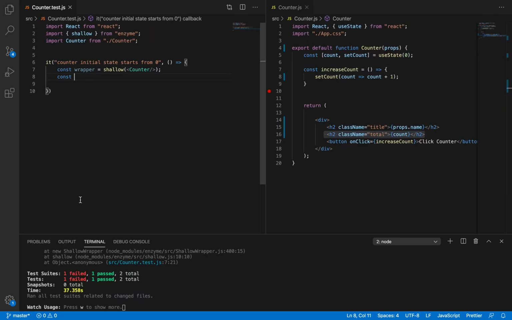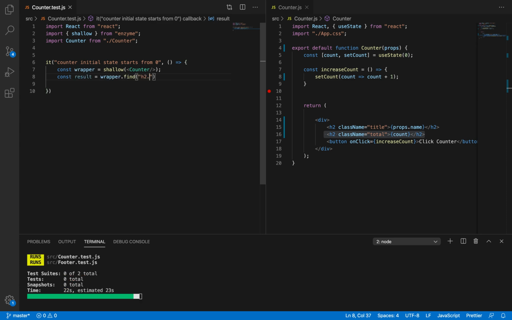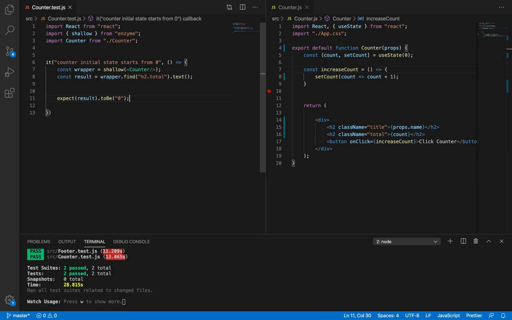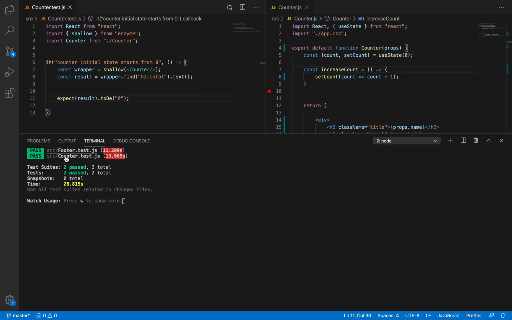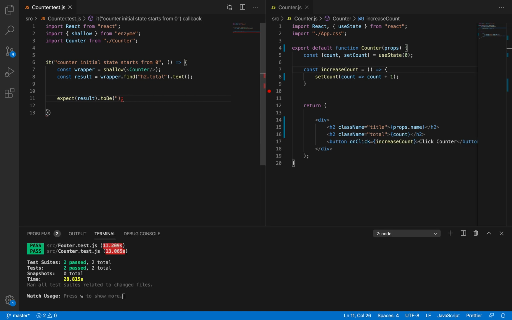And then let's say the result, the first one. We're testing the state. Not going to work. As you see here as well, we have 2 tests at the bottom and it's working. So we have the footer and the counter, which means that with Jest we can, first,